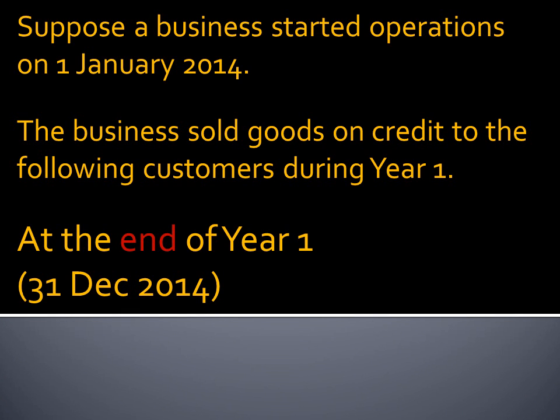We will now be looking at another issue involving the trade receivables account. Suppose a business started operations on 1st January 2014. The business sold goods on credit to the customers during year 1, and this is the first year of operation. At the end of the first year, which is on 31st December 2014, we would need to consider the impairment